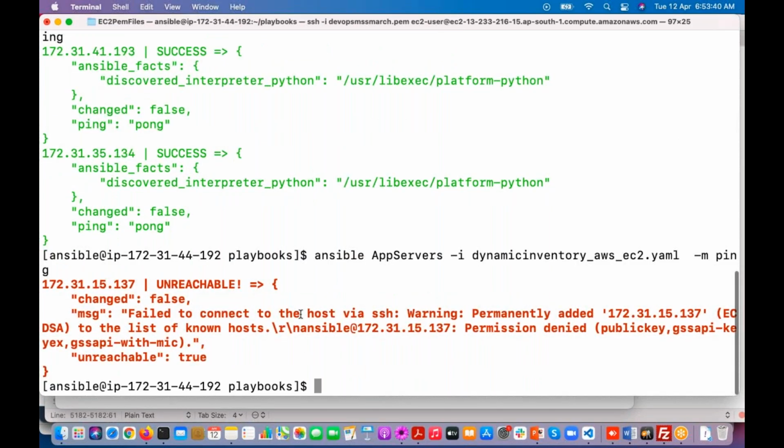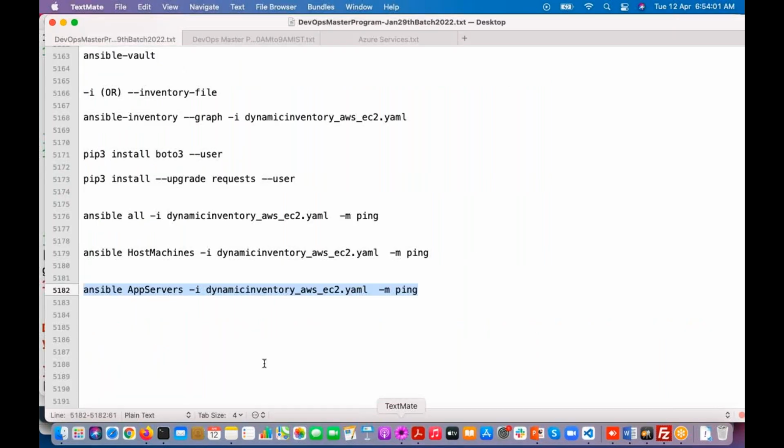We are getting the error. Why? See, we just created it. So if you want to connect to that server, we have to use that username and pem file, or you can specify like this one,